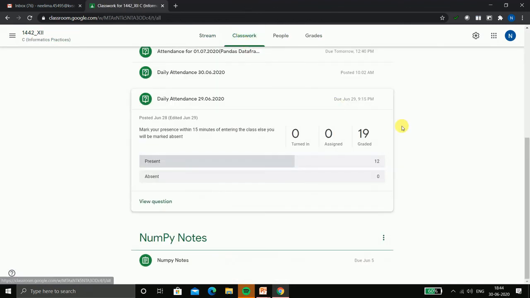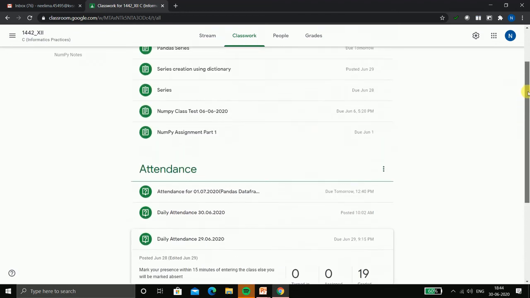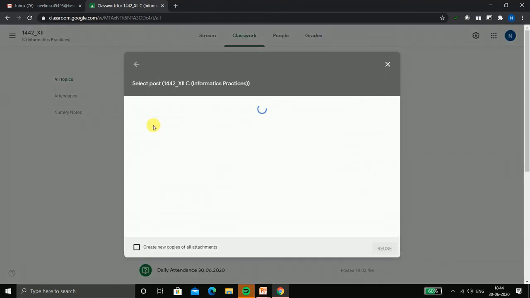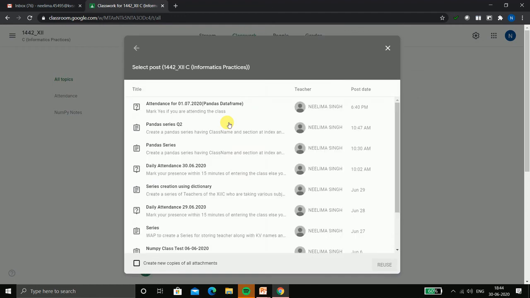You go to classwork, and suppose I am creating a new question for 2nd July attendance. I can say reuse post. I want to reuse this post. Reuse.